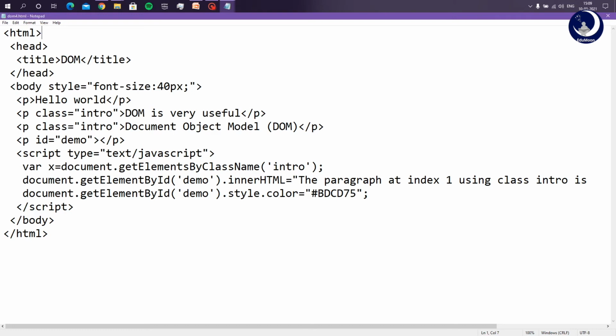And here also the content would be the first paragraph. Here I have 4 paragraphs, and the first paragraph consists of hello world, the second paragraph consists of DOM is very useful, and the third paragraph consists of document object model. Then I've assigned the class intro to 2 of the paragraphs, which are DOM is very useful and document object model. So what I wanted to do is, in the 4th paragraph, I wanted to display document